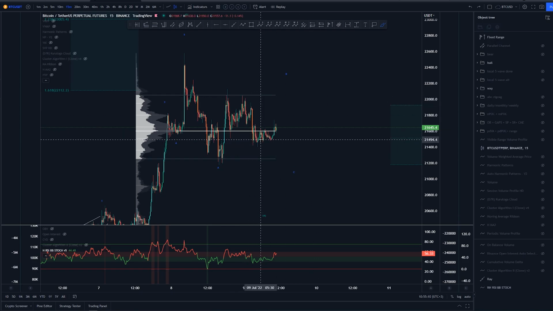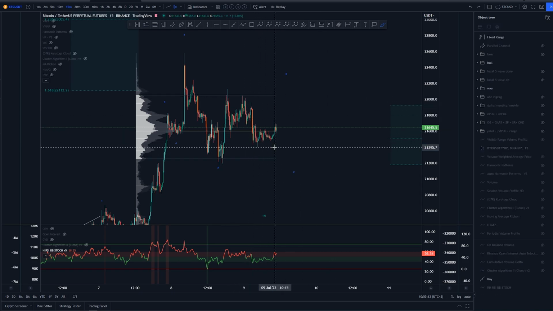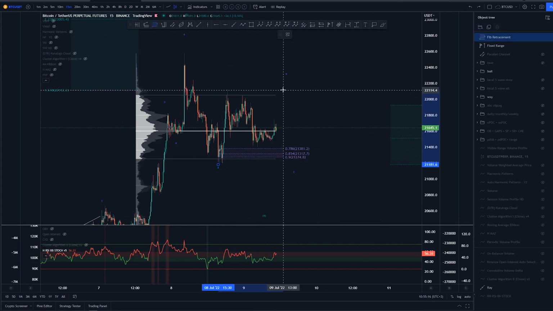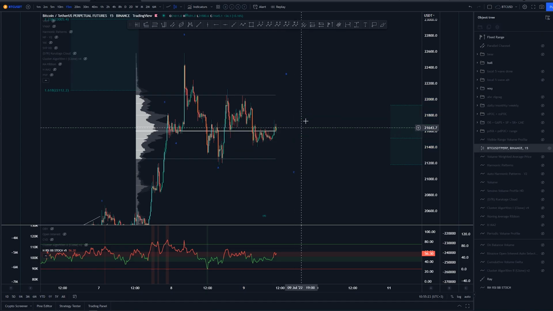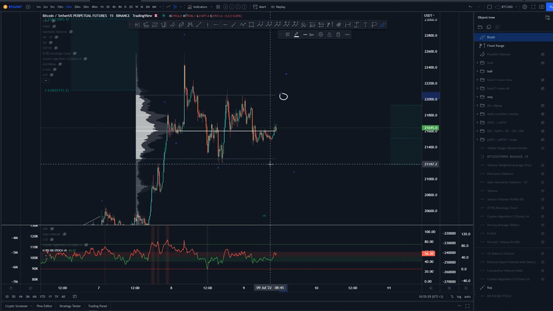I did take some long setups here, as we did get to the golden pocket area, or actually a bit lower. I took the longs here at the golden pocket, and it does not really look too impulsive as of yet, but again, I'll take my profits here. Stop loss below here,